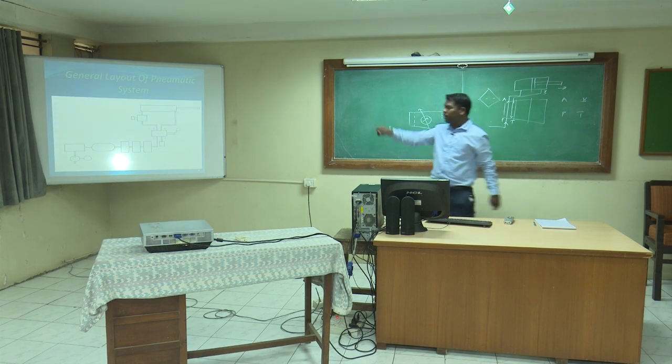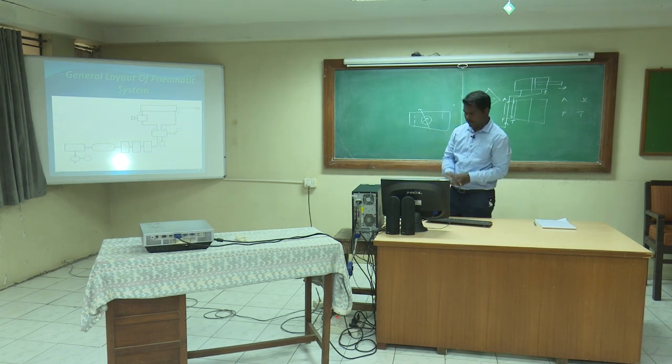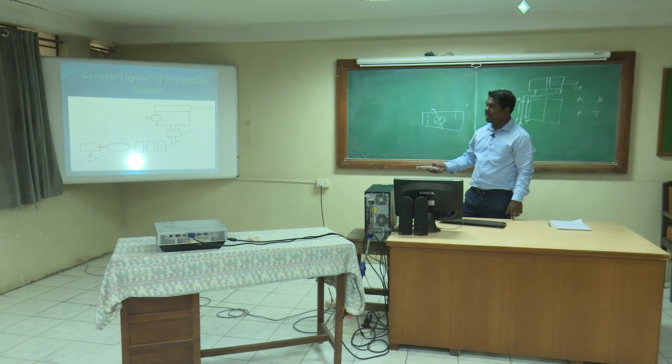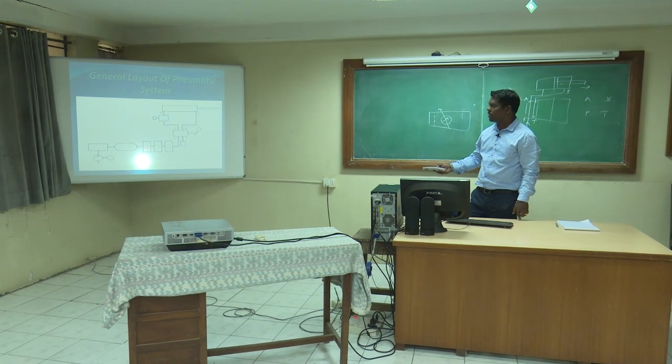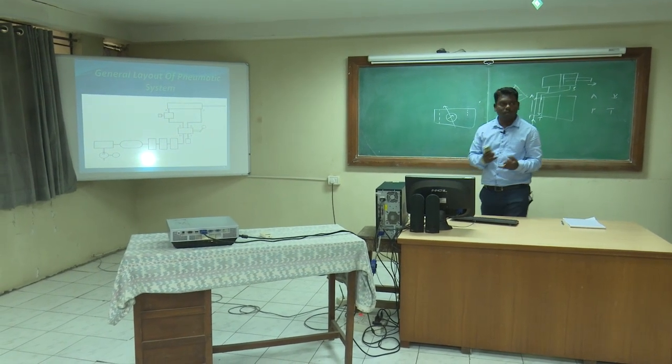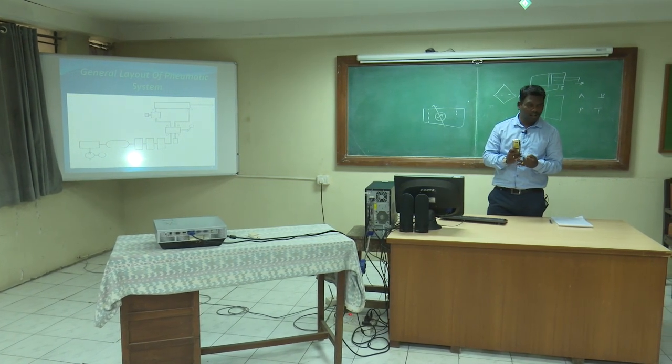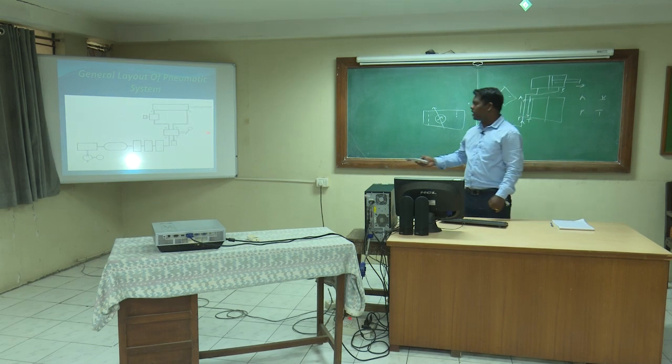Now tell me the first part, that one. This one? First part. Compressor. This one? This is the air dryer. This one? Air receiver tank. Okay. This one is? FRL unit. What is the function of, what is the F? Filter. R means? L means? Lubricator.